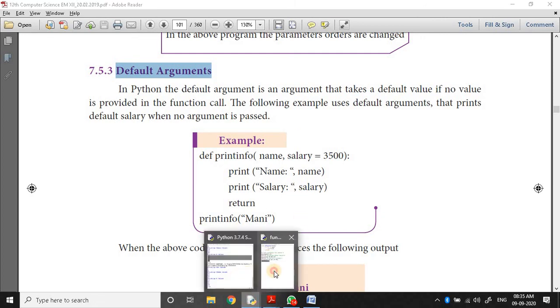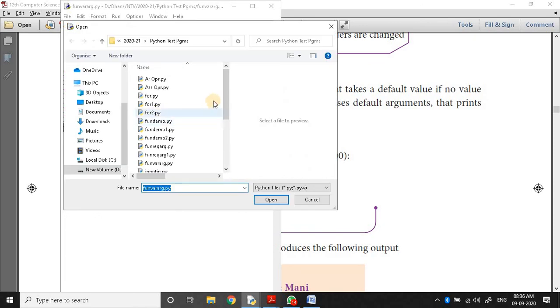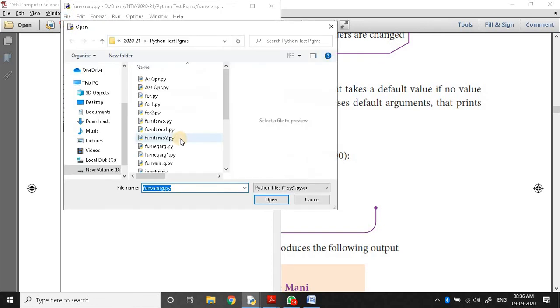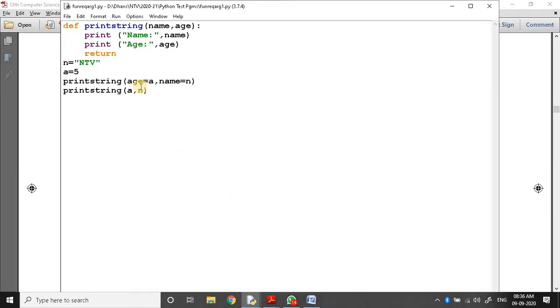Let us take an example, the previous example. File, open, function variable argument, the required argument. In this, for example, age is equal to 50.